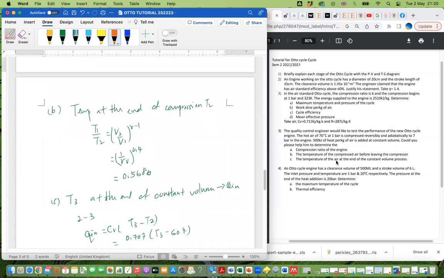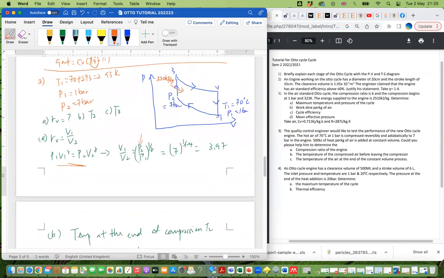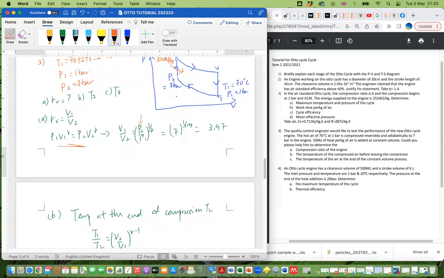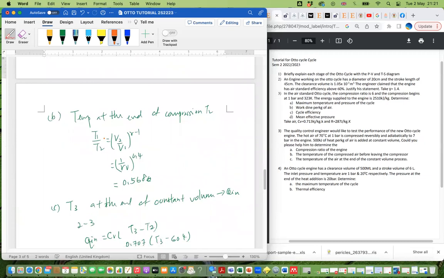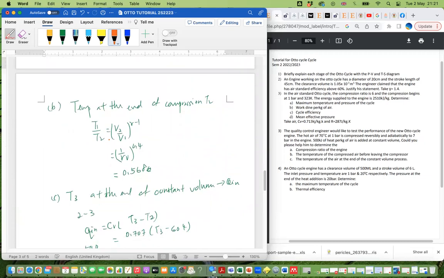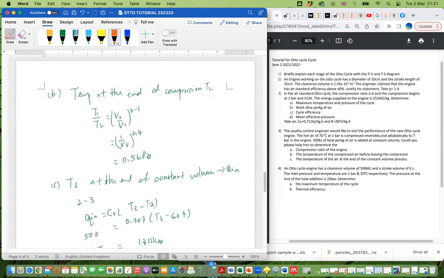B, the temperature of the compressed air before leaving the compressor. So the temperature at the end of the compression. If you look at this graph, the temperature before leaving the compressor, so it's T2, right? Once you leave, the T2 is going to heat in. Okay, so it's isentropic again. So we can use this isentropic formula, plug it in, and then you can find the